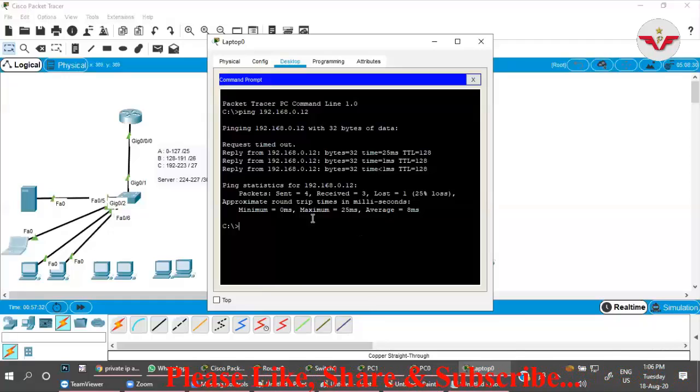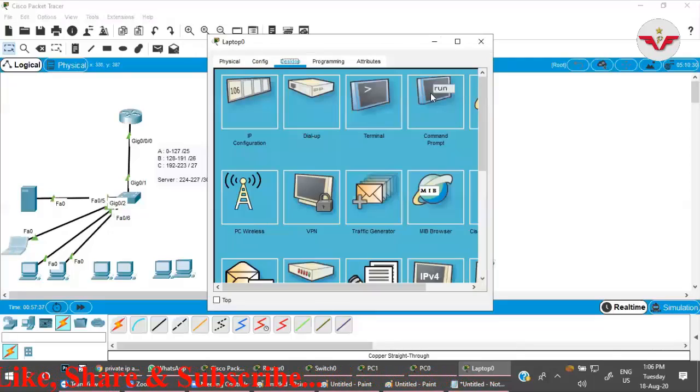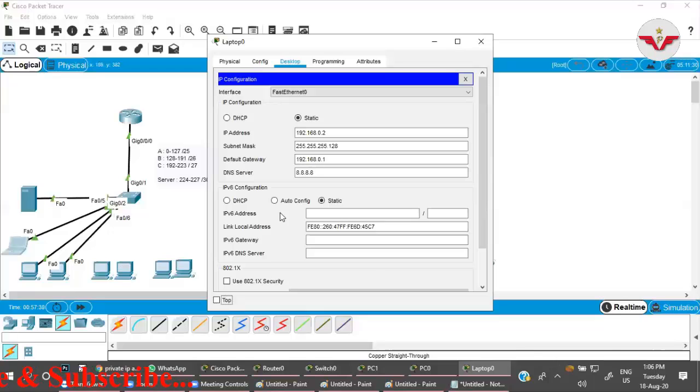So, I had given a static IP to this PC, and I tried to communicate with other PCs, and it's working. You see it, right?